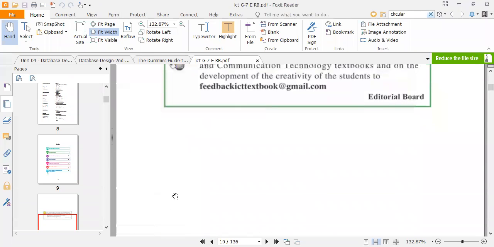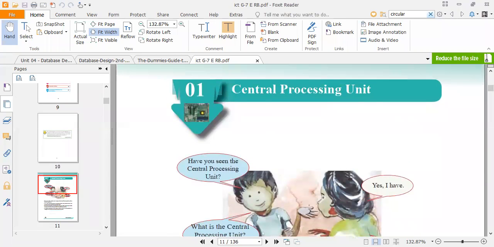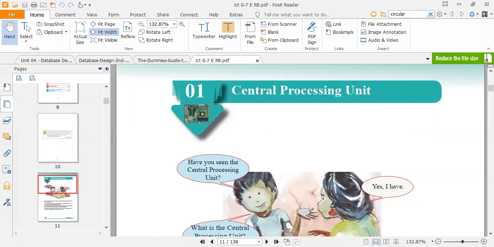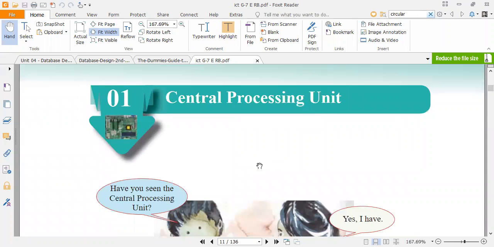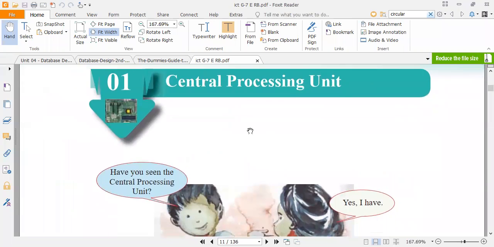So without much explanation, we will get into the subject. Central processing unit. It is one of the very important parts of a computer system. So if you see, for example, if you take a computer system,